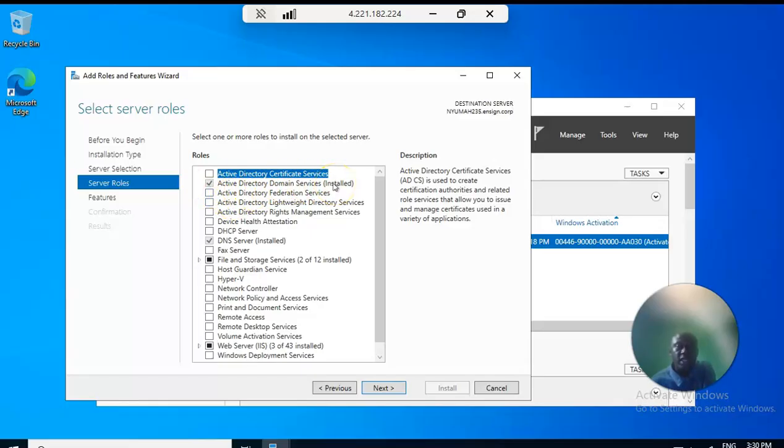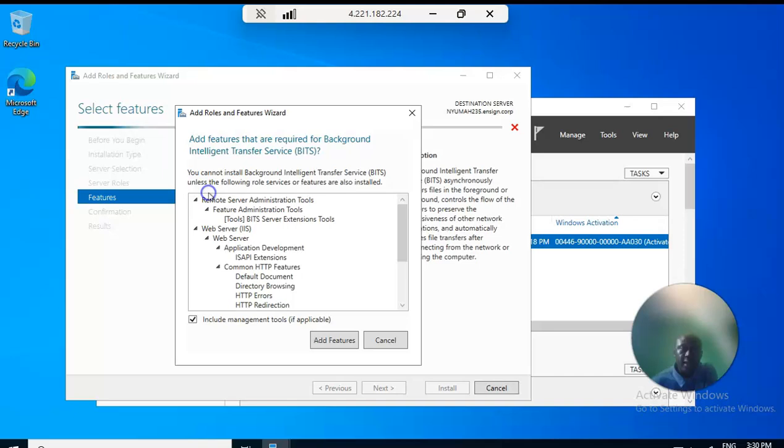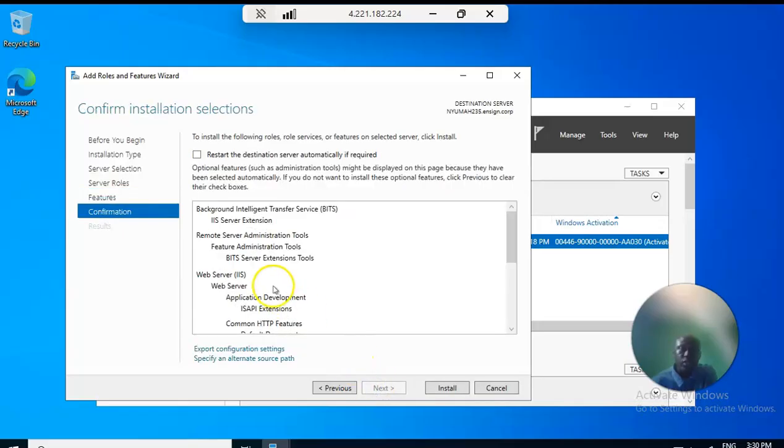So if you install the directory, they will ask you to add features, any feature you want to add. Then you press next, you go to features. Now you can select any other feature. If you select it, the area will turn to next again. Okay, add feature. So you can see here, you press next. So you press next, all the features you add here. So now they are telling you that you might install. So if I click install, automatically